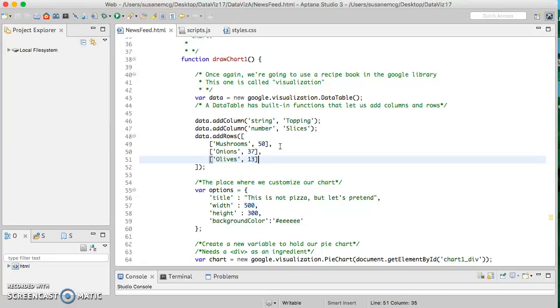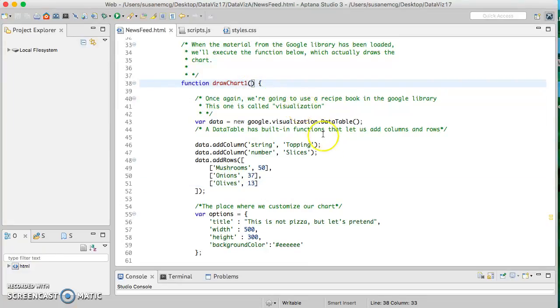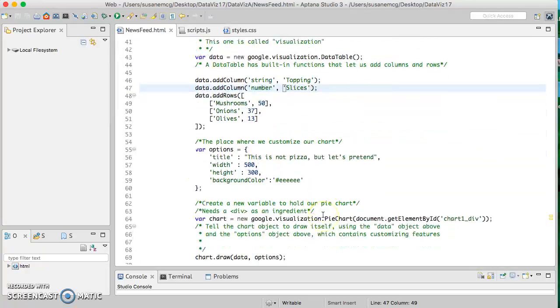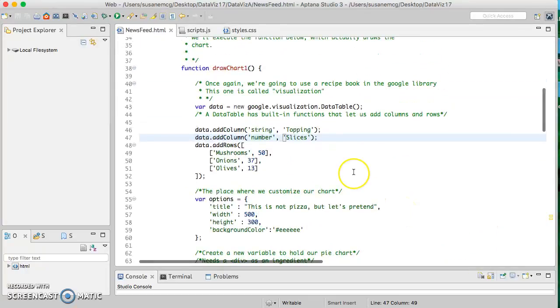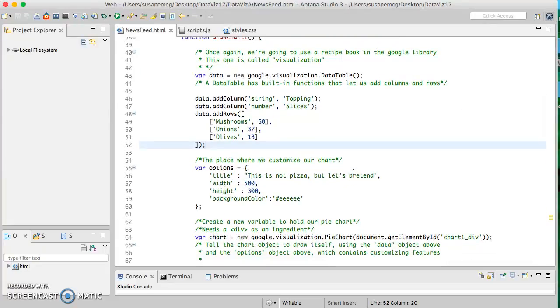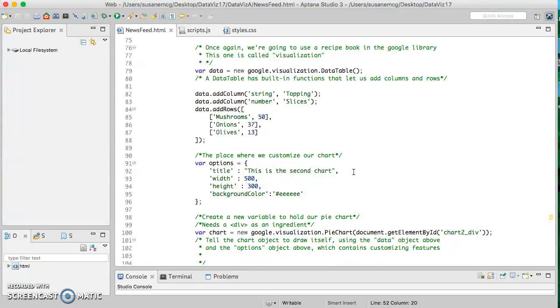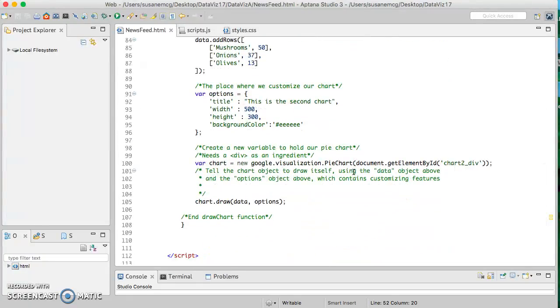We may get to the point where we actually want to be even a little bit more generic than this, and where we will amend, we'll still have a single drawChart function, but we'll actually assign it ingredients that include things like the names of our columns and our data and the options and even the name of the div that we want to have the particular visualization go into, so that we don't have to have all of these extra functions around. At the moment, however, this is a perfectly reasonable way to solve the problem. And as you can see, we can pretty quickly leverage the work that we've already done to add multiple visualizations